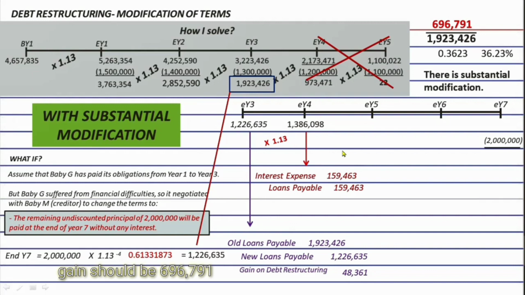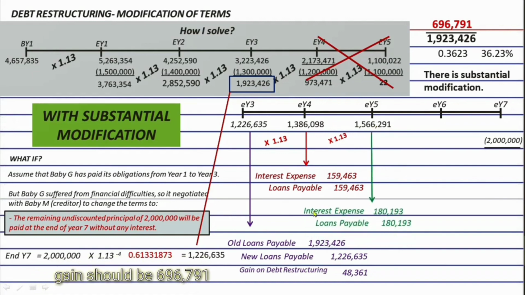So, now, 1,386,098 times again 1.13 equals 1,566,291. Now, the difference of these two will be recorded again as debit interest expense and credit loans payable of 180,193. So, next, 1,566,291 times 1.13 again, and we will have 1,769,909. And again, the difference of these two will be debited to interest expense and credited to loans payable, which is